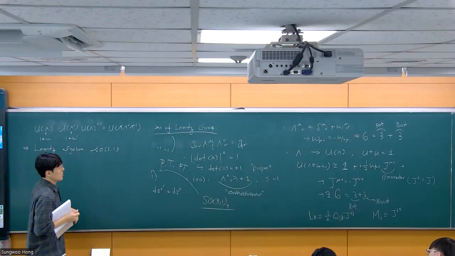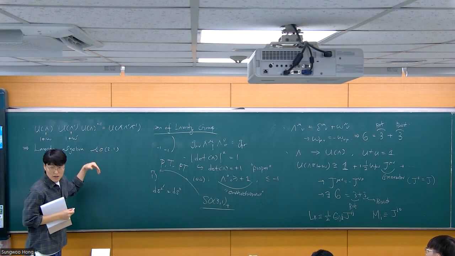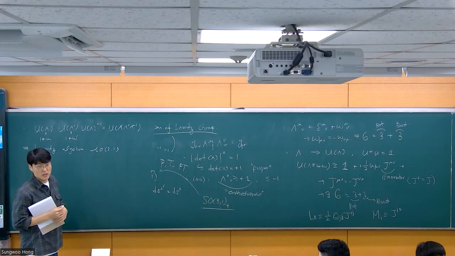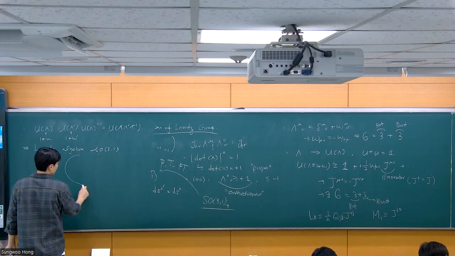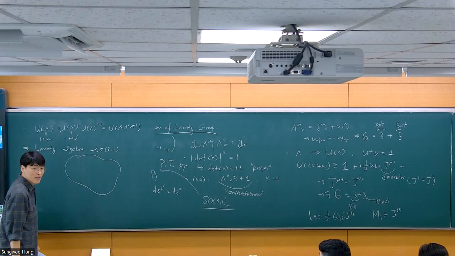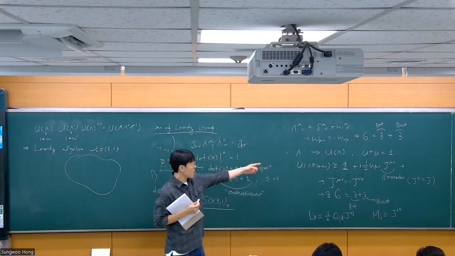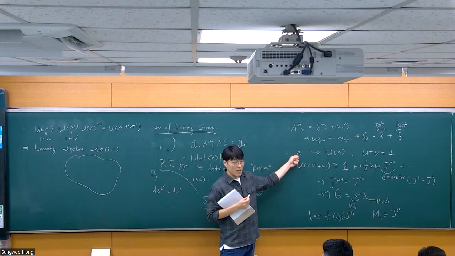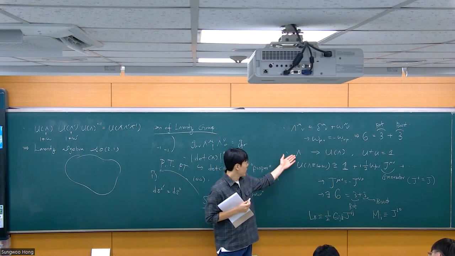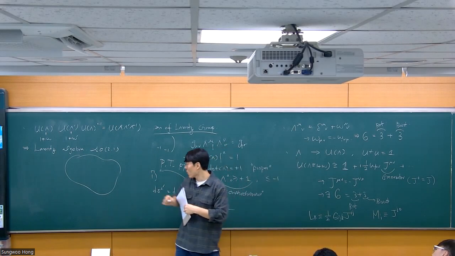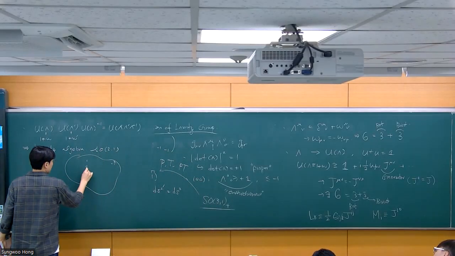So this is a group notation, and this will be algebra notation. Hopefully you understand the group versus algebra. A group is like some manifold, a differentiable manifold, and each of these points corresponds to a group element. And one of the points is the identity.